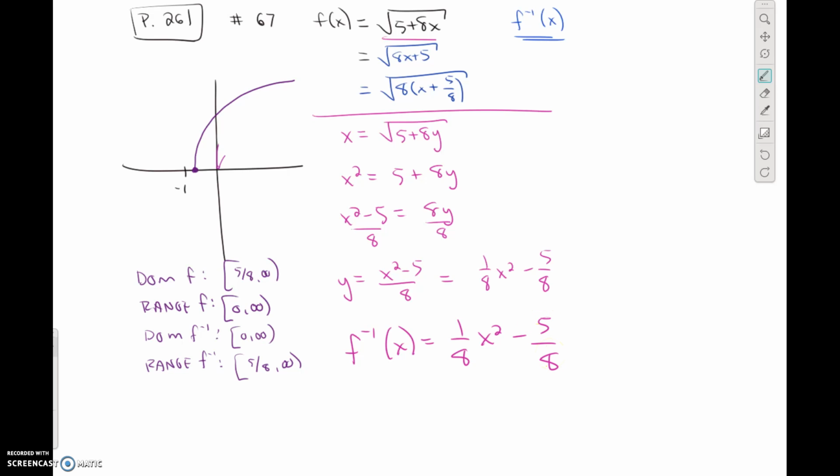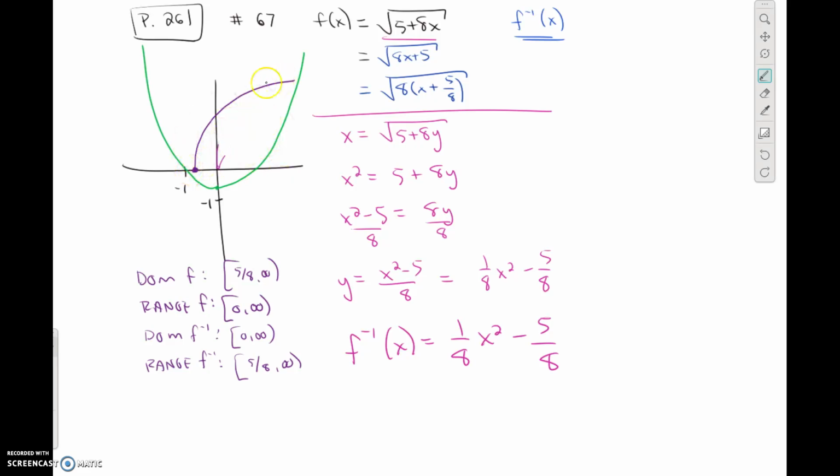However, if I were to graph this function, it's a parabola with a vertical shrink by a factor of 8. That makes it really, really flat. And then I need to shift it down 5/8 of a unit. So let's go down to -1 here. 5/8 of a unit is going to be about right there. So I'm going to have this portion, sorry, I have a hard time drawing it, and this portion, or something like that. But notice,